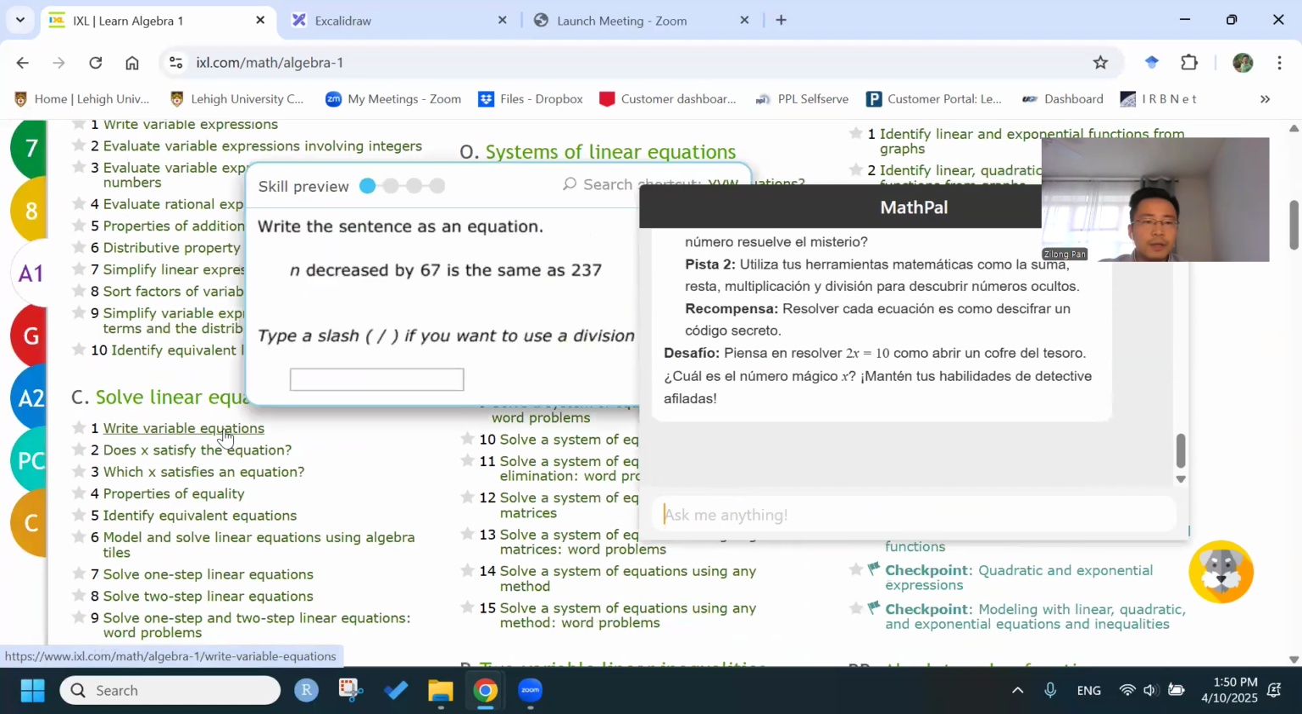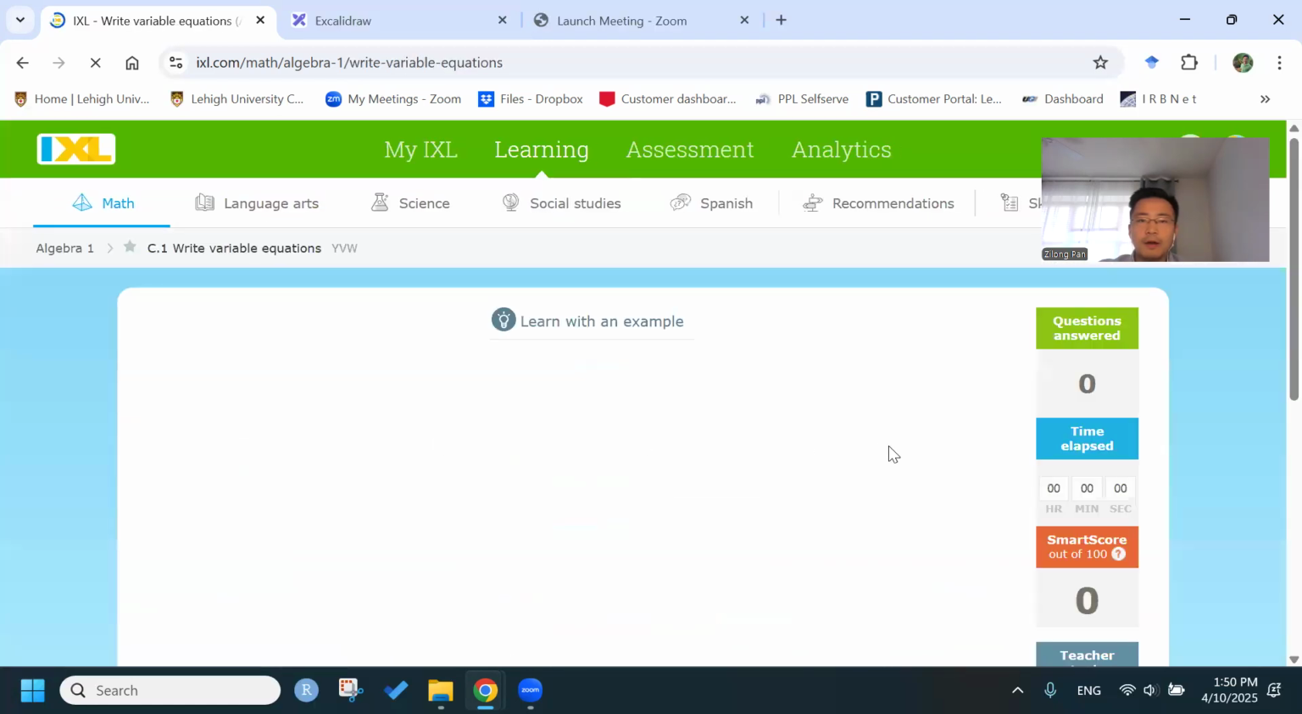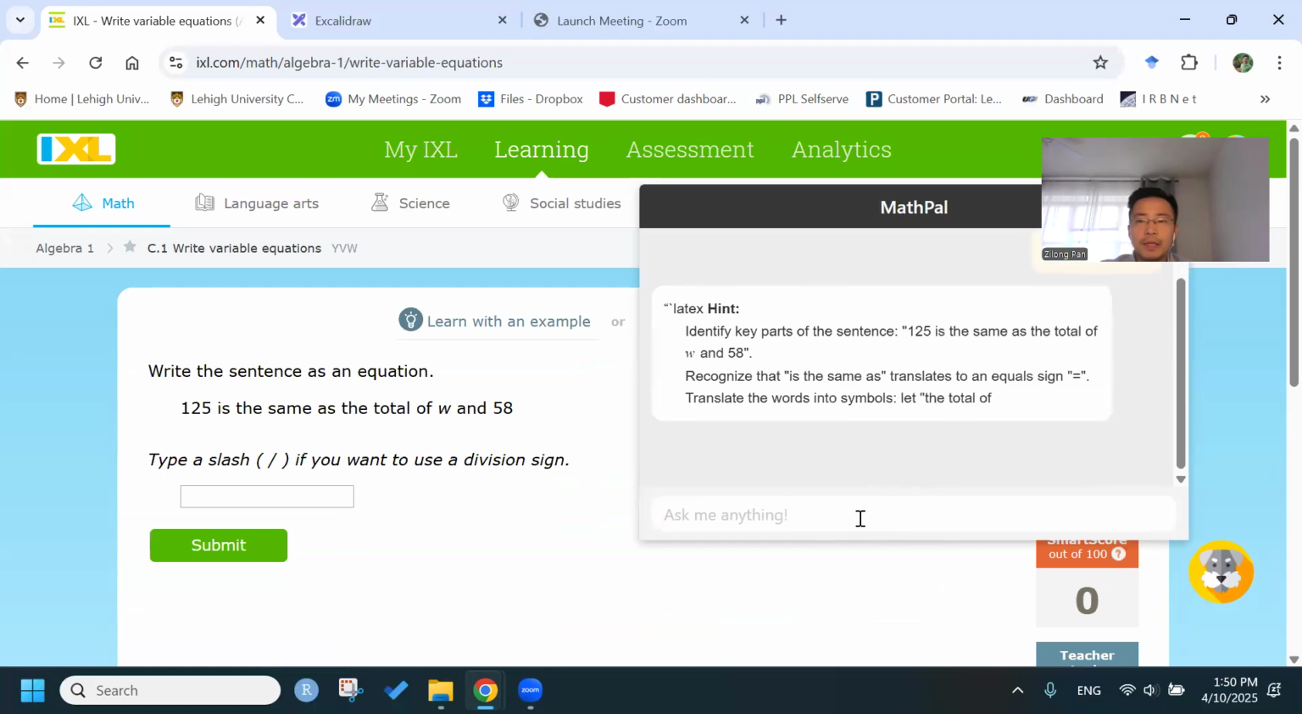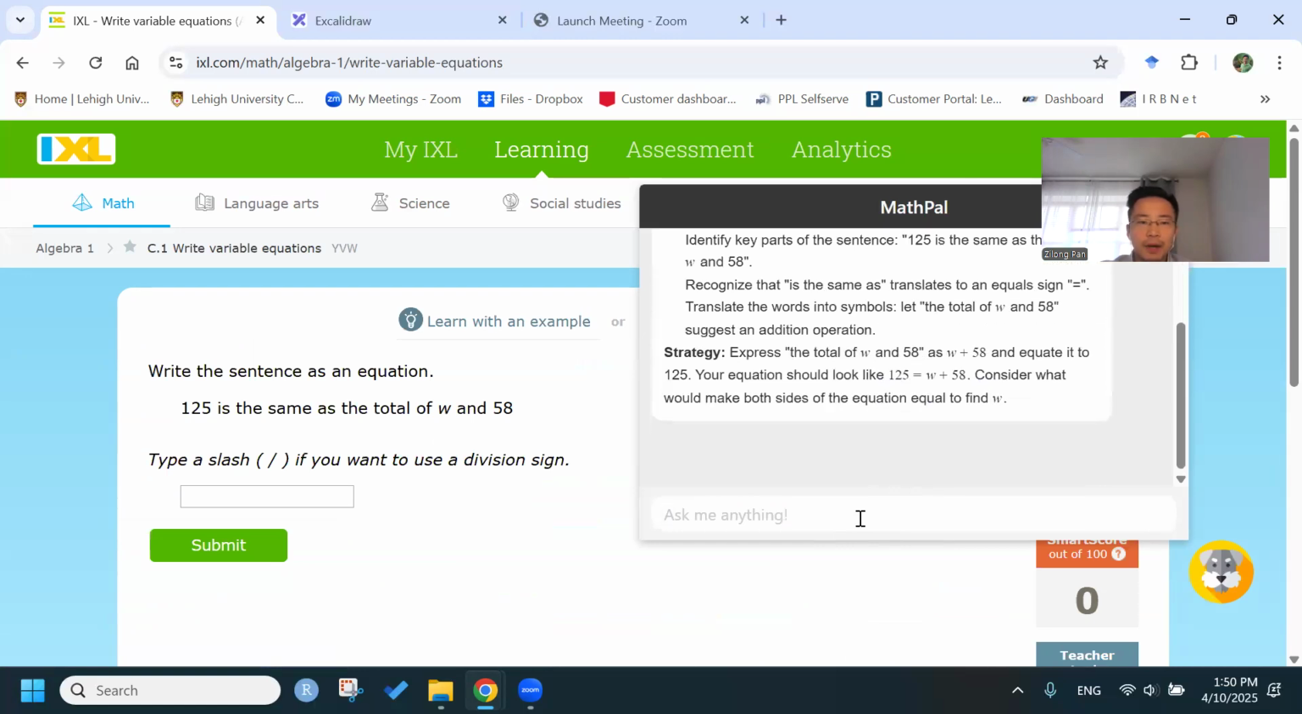A very important feature MathPal provides is that it supports students in problem solving by reading the screen the student is working on. For example, a student might ask, then MathPal is designed in a way that it will not directly give out the answer. It will only provide steps, strategies, and hints to support students to figure out the answer by themselves,